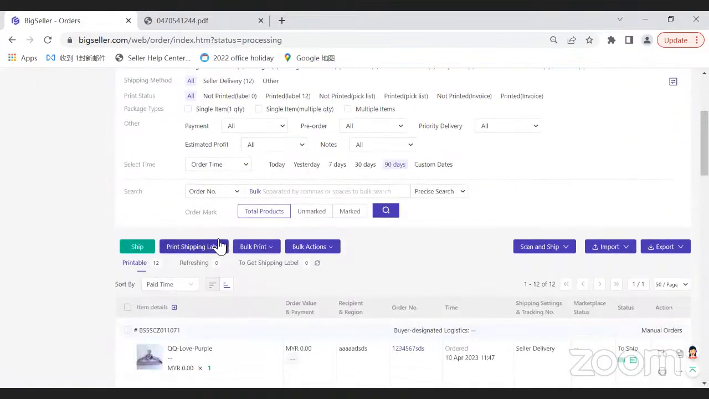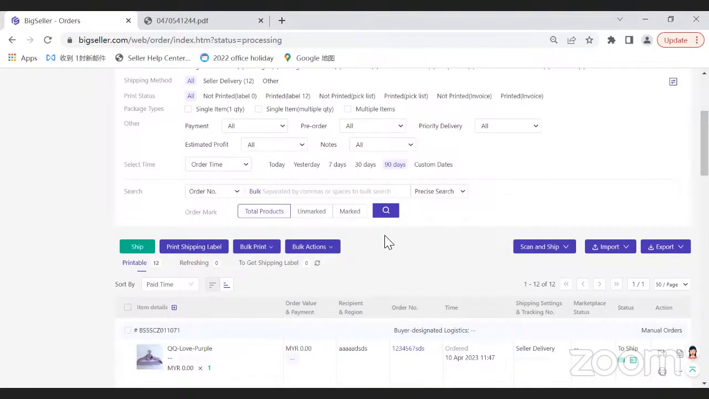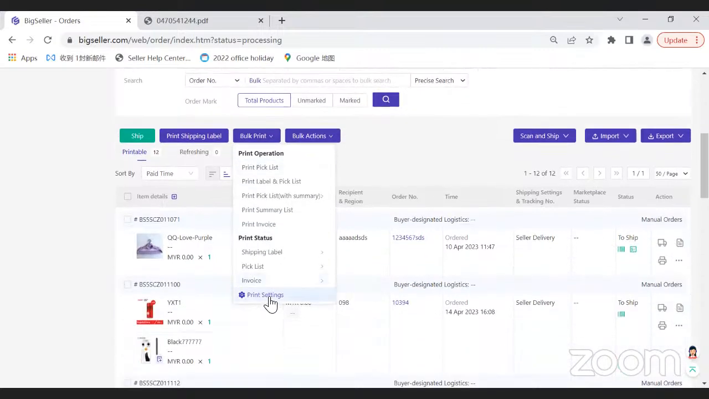And for the shipping label template, normally our system will use the shipping label template from Seller Center, and we call it standard shipping label. Yes, it's the shipping label template from Seller Center. And in BigSeller here, you can customize your shipping label. Here we have two entrances. You can click bulk print, go for print settings,